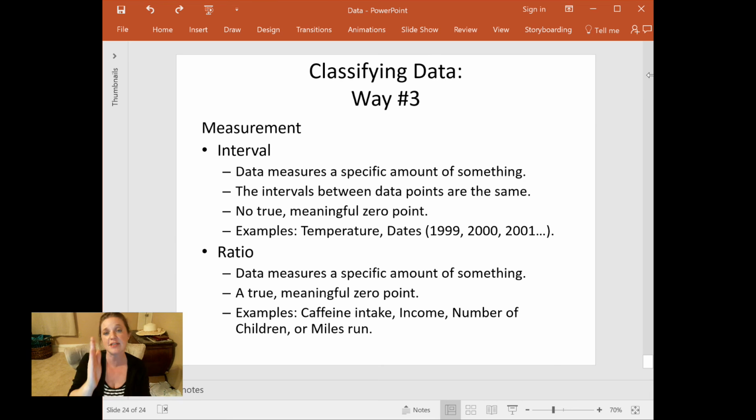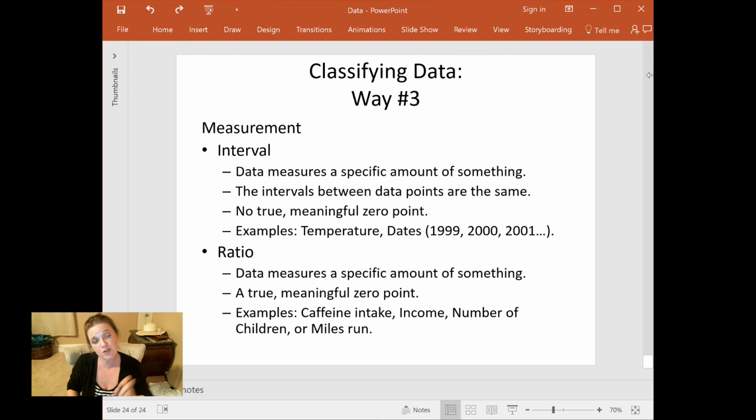And between every single degree point, there's been the exact same amount of change, no matter where you look on the scale. And that's true with Celsius as well. The difference between 1 degree, 2 degrees, 3 degrees, 4 degrees, 45 degrees, 46 degrees, as you move up and down the Celsius scale, the change in temperature is the same as you move up each degree.